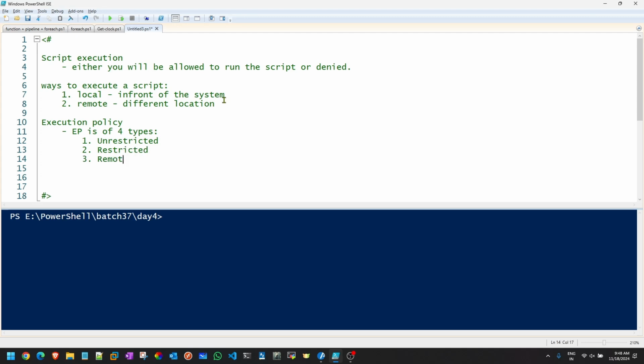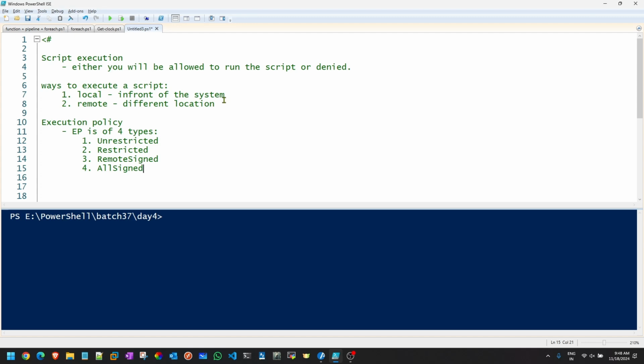Number three is called remote signed, and number four is called all signed. These are the four major policies that will be applicable to your computer. Any one of them will be applicable to your computer.